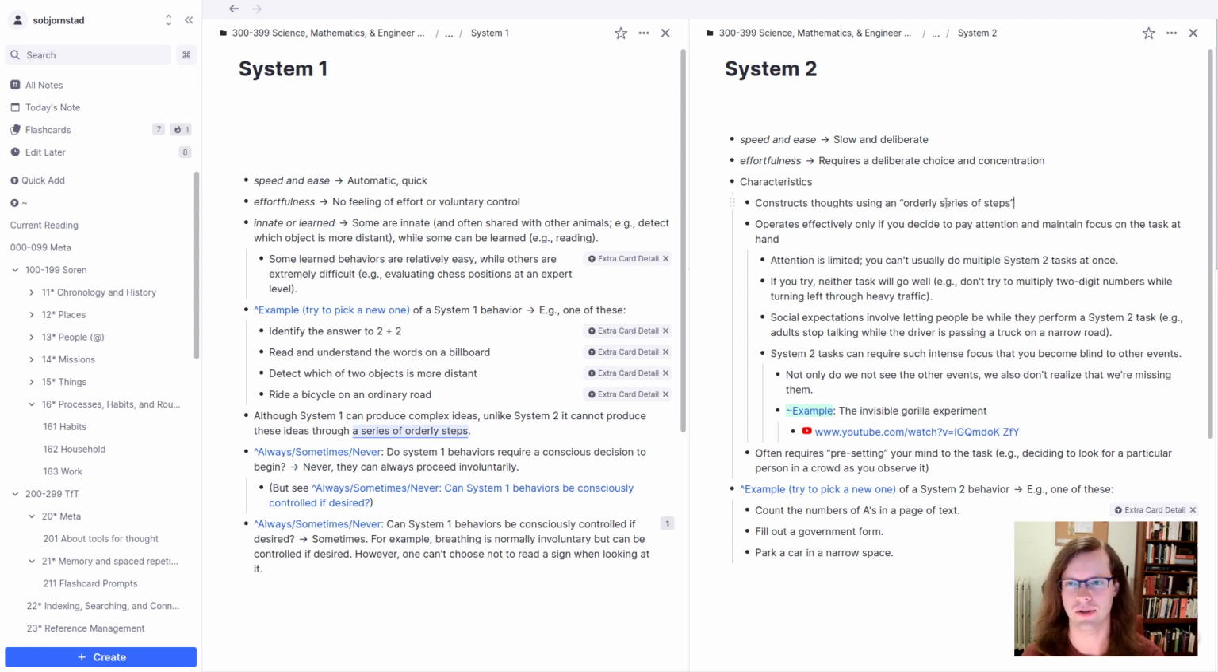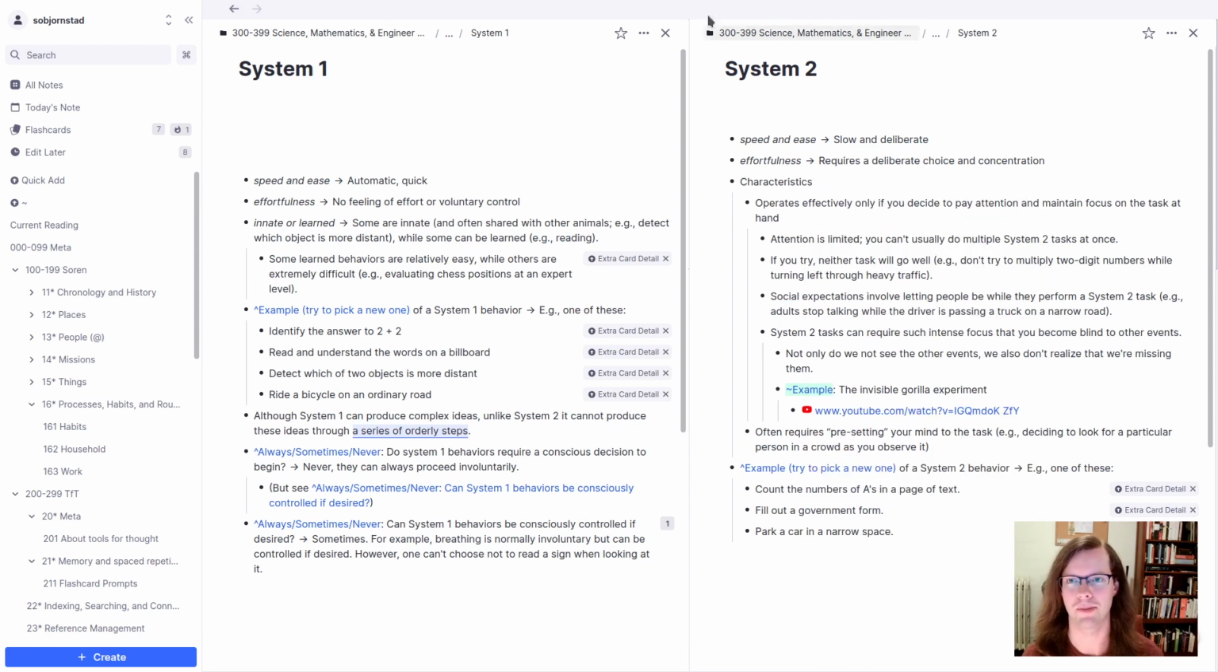Constructs thoughts using an orderly series of steps. Oh, that was the one that we just bumped up to the parent of this System 2 so that we could cover it without giving the answer away. Okay, attention is limited. This seems important. Okay, so